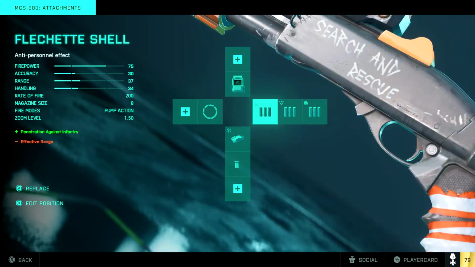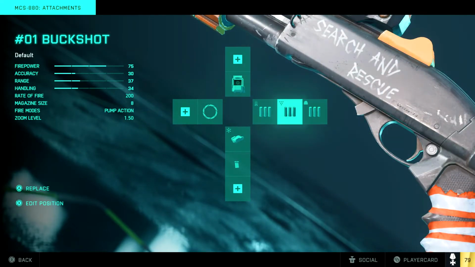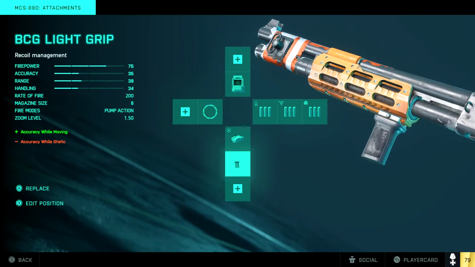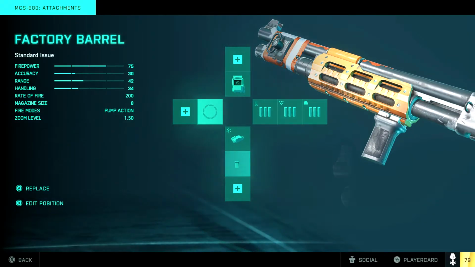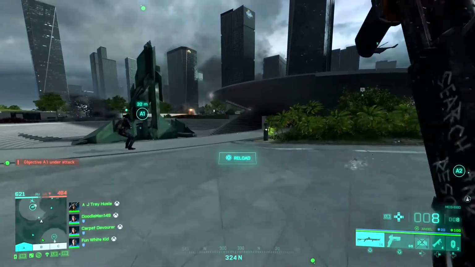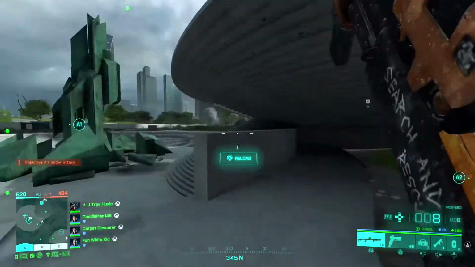We next use either the Flechette shells, the base shells, or the slugs. After that we use the BCG Light Grip for enhanced mobile accuracy while sacrificing static accuracy. And we end with a factory barrel since we aren't a bunch of godless heathens who throw a suppressor on a shotgun. Now before I get into why I chose these specific ammos, let me address the rest of the